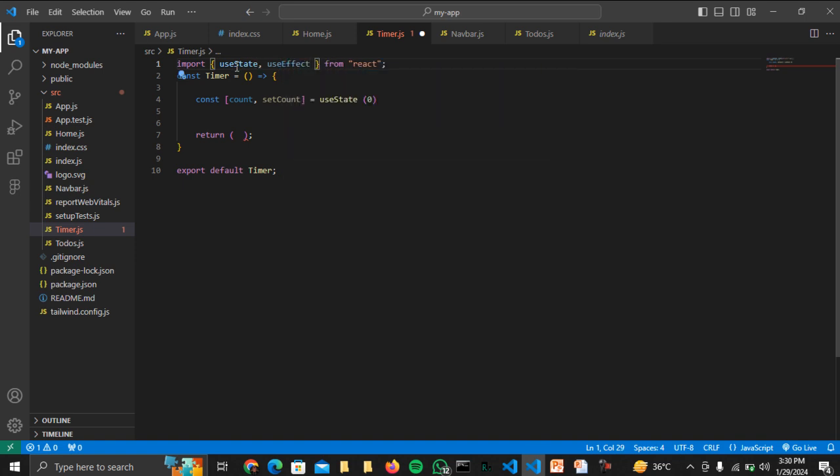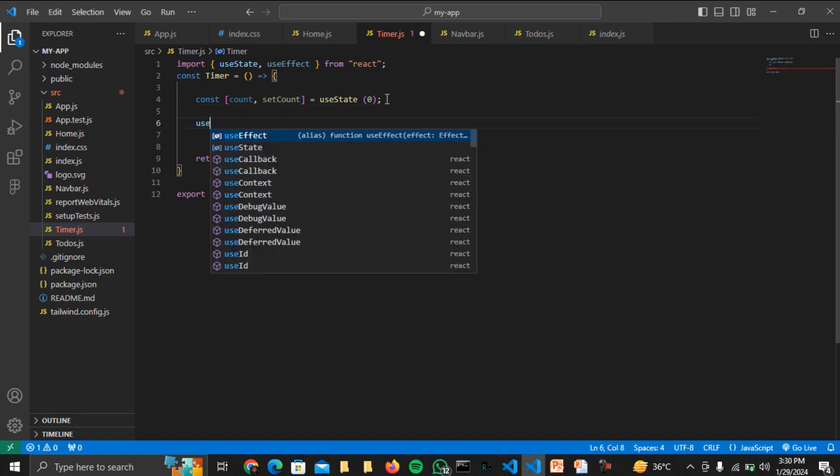So we can do it along with this useState, so it doesn't have a problem. So let's make use of our useEffect here. So by saying useEffect,